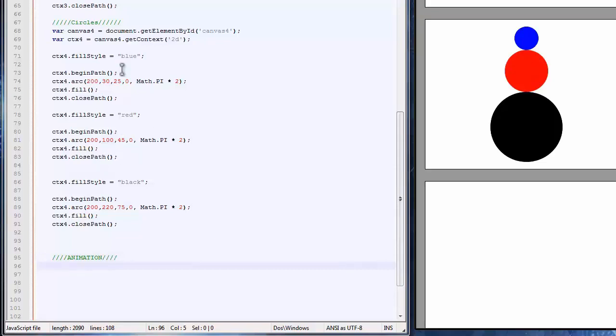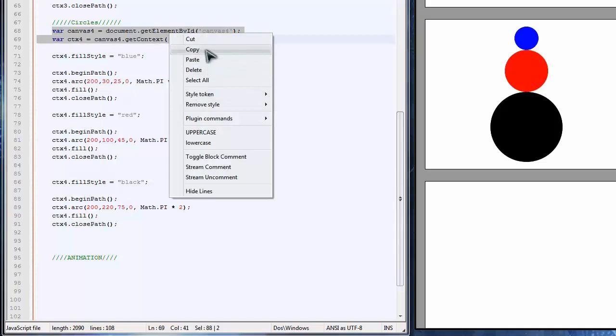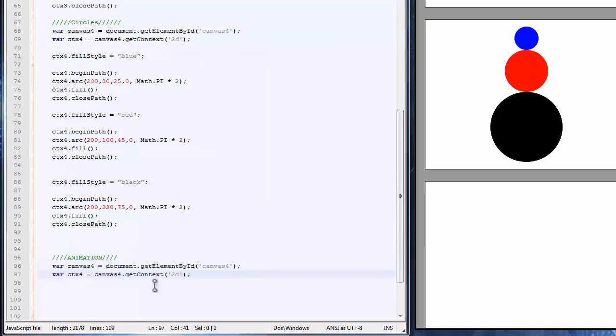So again, we're going to grab the variables, and this will be canvas5, context5. The ID was 5. Okay. Now,